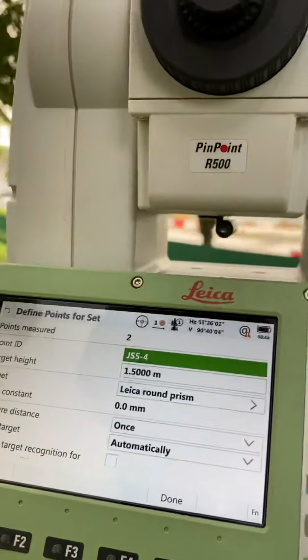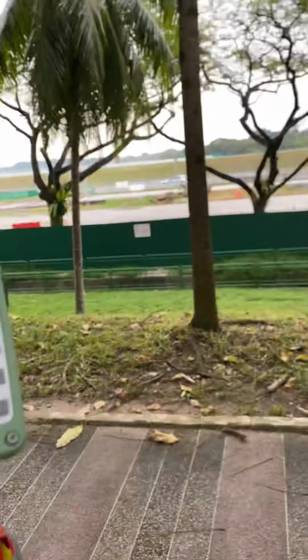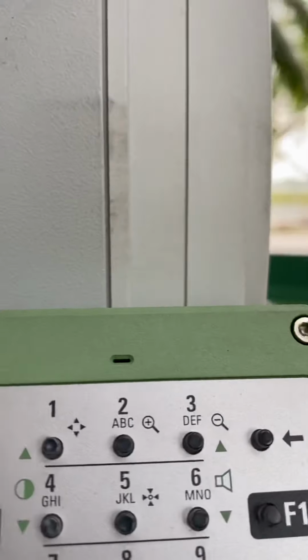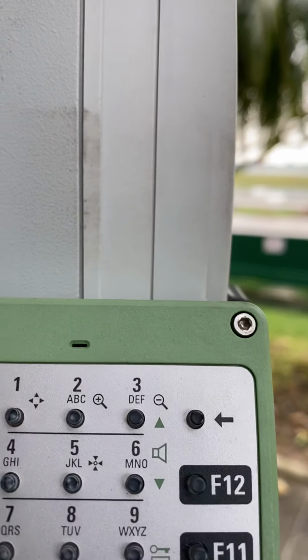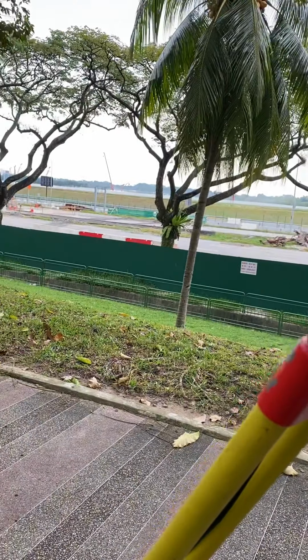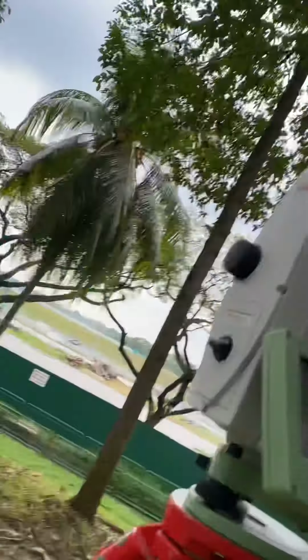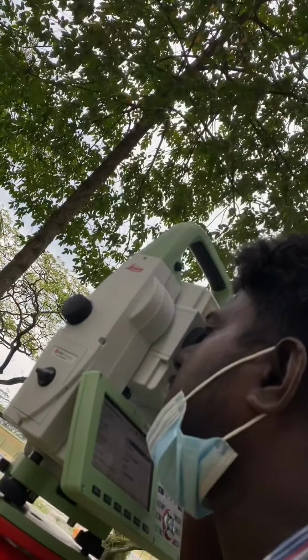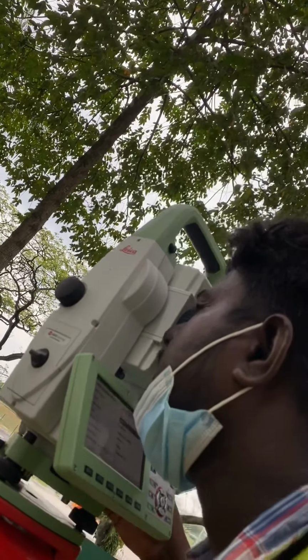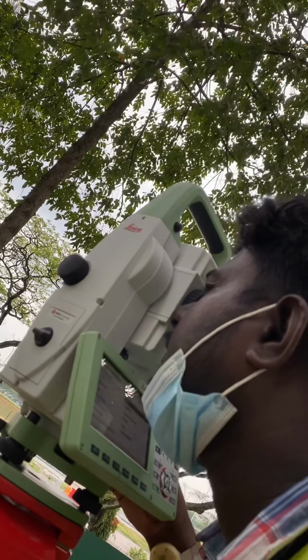So third point. How many points do I do in the traverse? So how many points do I need to shoot first? One by one shoot. Because I am one man only, so I cannot make video.